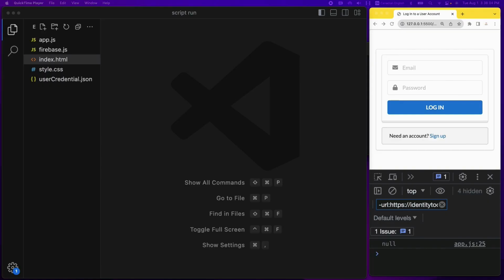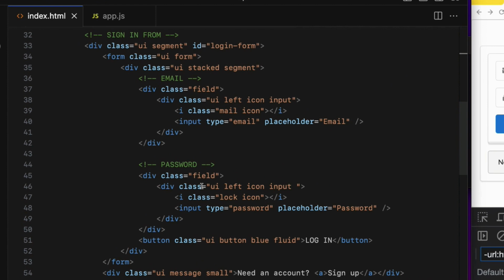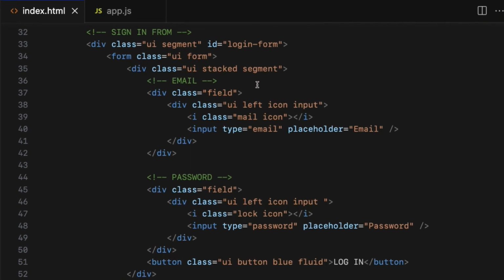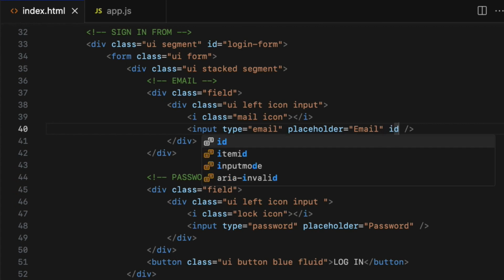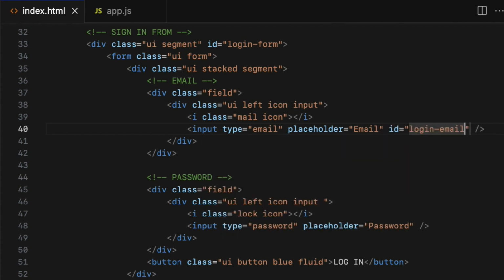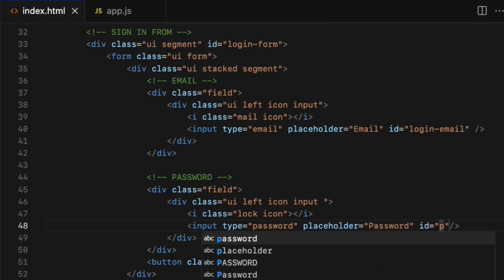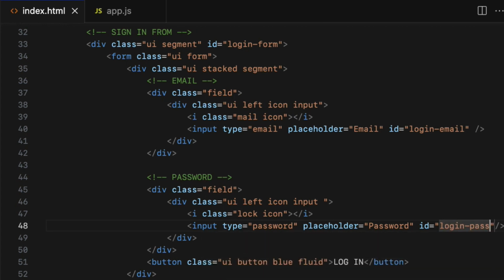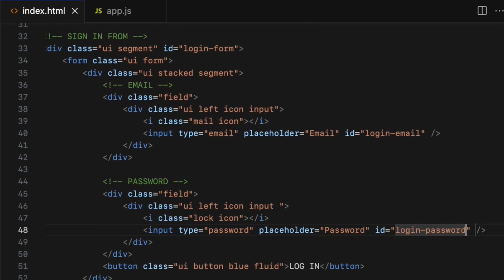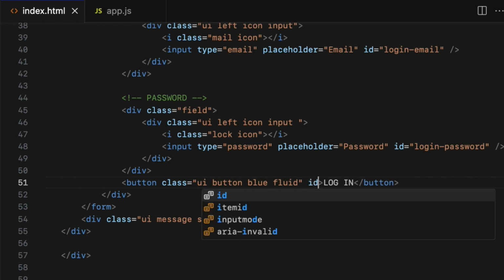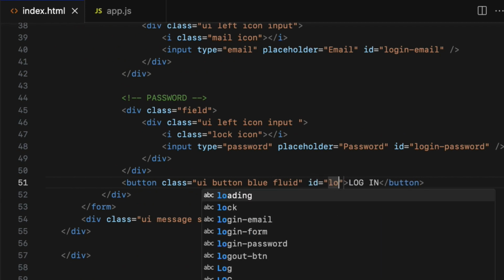In the index.html file, inside the login form HTML markup, add an ID attribute to the email input field with the value login-email. Let's do the same for the password input field. So ID equals login-password in quotes. Finally, add an ID attribute to the login button with the value